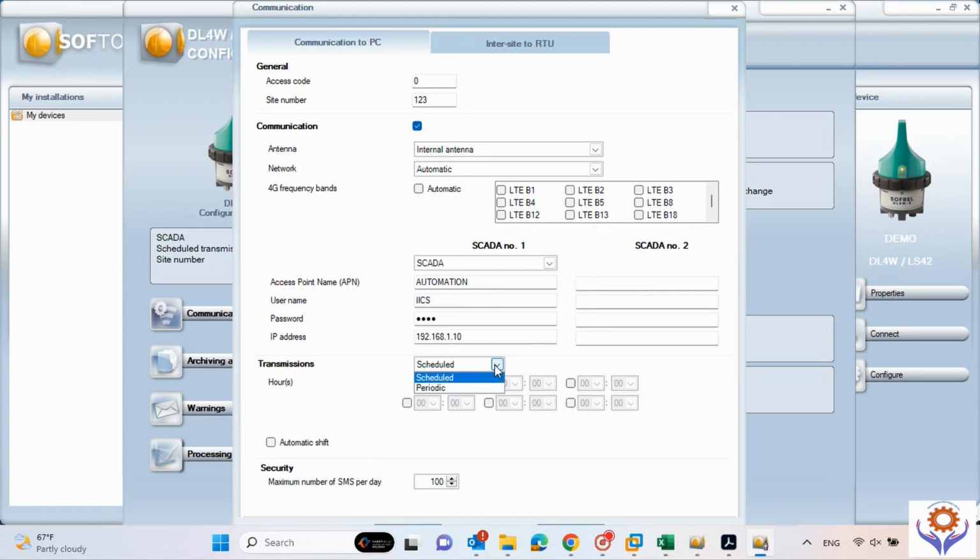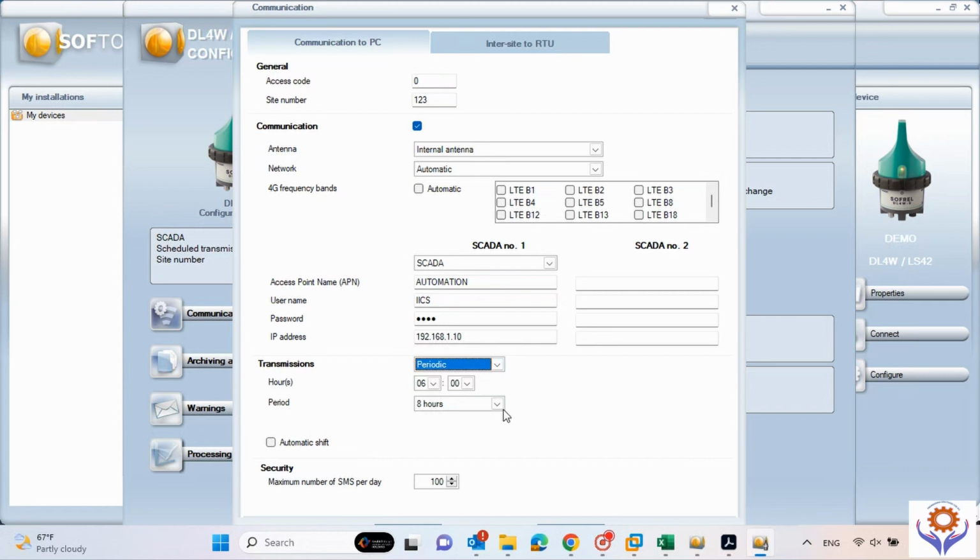If you choose based on schedule, you need to give the schedule time in hours, for example when you need to send at 6 o'clock, or from 8, 10 or 9 o'clock, and another one from which hour you need, like this. So you can select by schedule, or you can give by periodic, means